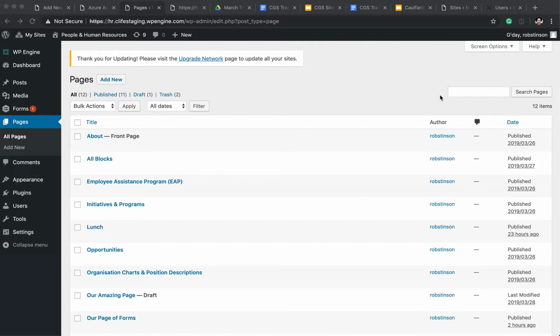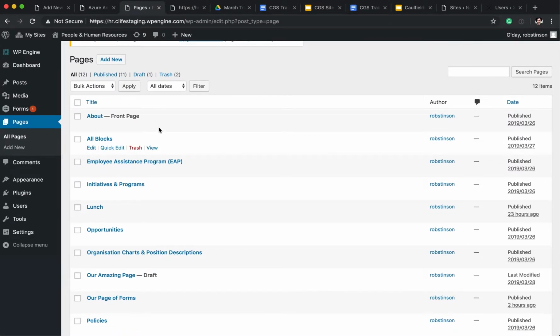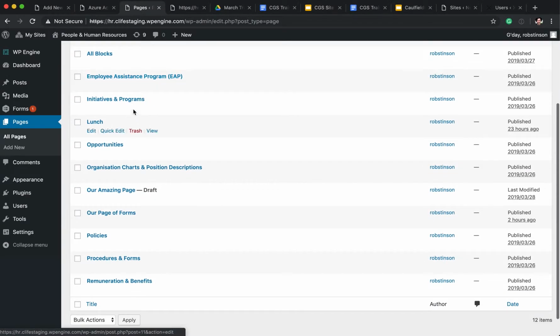So here we are in our multi-site. We're in our admin in the WordPress backend for the HR website, if you recall, that's the example site that I had set up. So I'm in the admin area, and over here on the left, you've got your navigation, and we're in Pages and All Pages. As you should recall, this page shows us the list of pages that we have created,